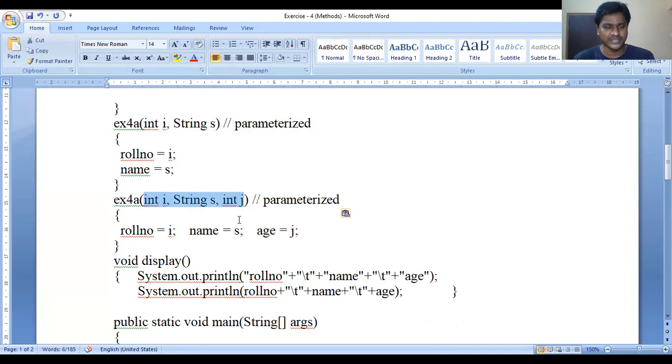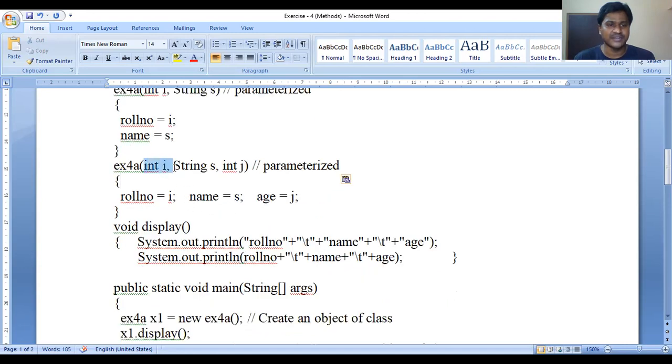The first parameter is int I, the second is a string S, and the third is an integer J. I is initialized to the roll number instance variable, S is initialized to the string name, and J initializes the age instance variable of this class.